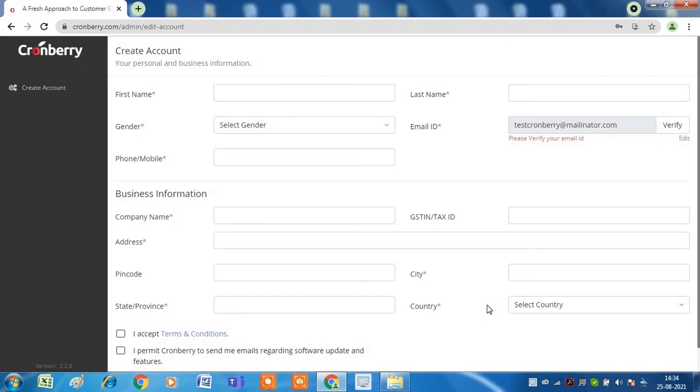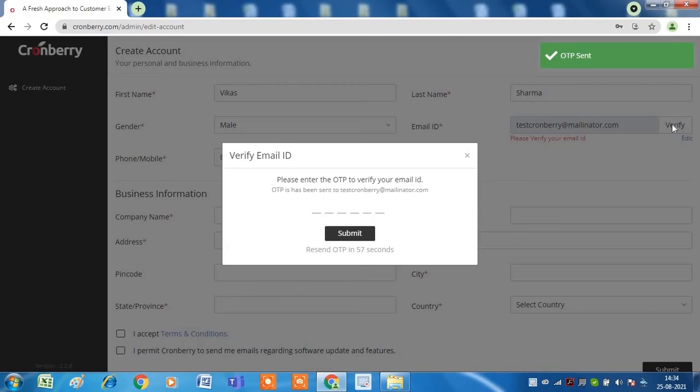Congratulations, you have successfully completed the sign up process. Now we request you to please help with a short verification process so that it will be easier for us to manage your records. We request you to fill all the mandatory fields to verify your account like first name, last name, gender, mobile number. Now you will see that your email ID is already pre-filled. Click on the verify link for the verification of your email address. Now you will receive an OTP on the mentioned email address. Fill it in to proceed further.